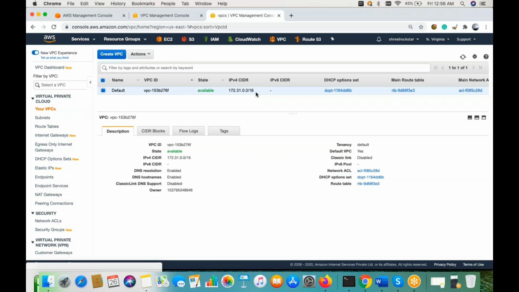Generally, how are we planning? I mean, companies and organizations have their network team specialists. Generally, when a company is really concerned about security, they will give you the IP address range which you should follow. That is one scenario.